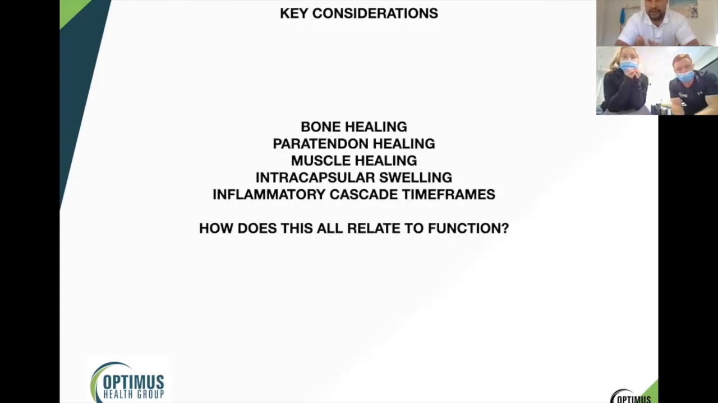So that's bone healing. Then the next questions are paratendon healing, the actual tendon healing, muscle healing, what intracapsular swelling is there, and then what is happening with the inflammatory cascade with all of these different structures, right? And this is quite often why, and this is relating back to function, we see clients come in and they've got swelling. And even after 4 weeks or 6 weeks, when they've got their gait patterns back